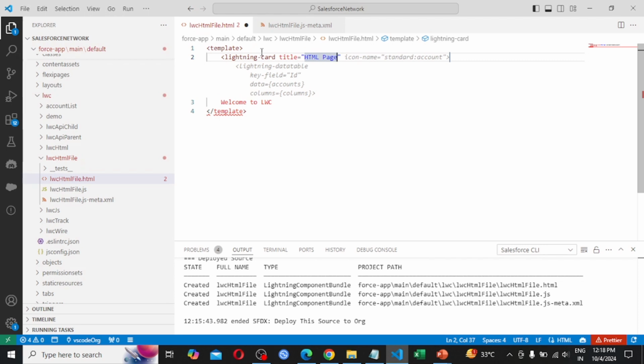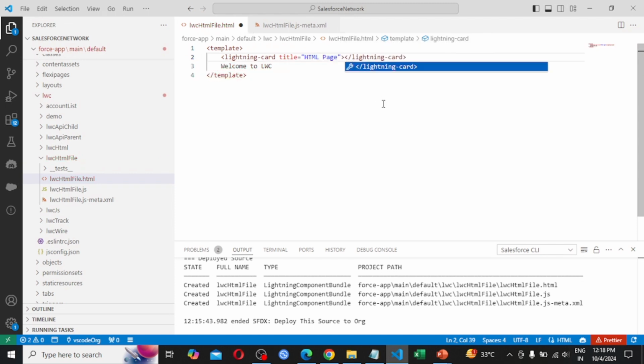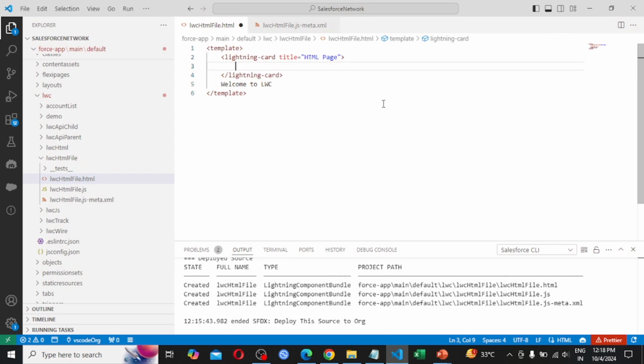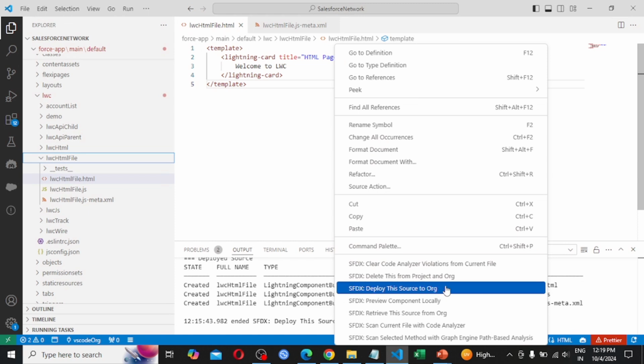So here I am providing the title HTML page and closing this. In between lightning card I am putting welcome to LWC, what we had seen. So save this, and again we need to deploy this.